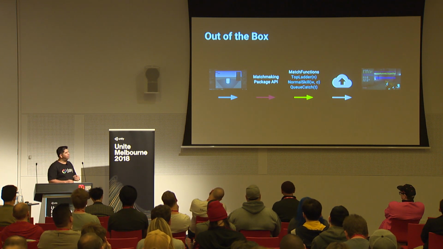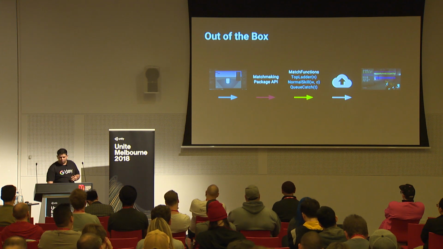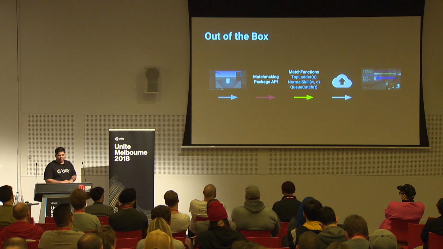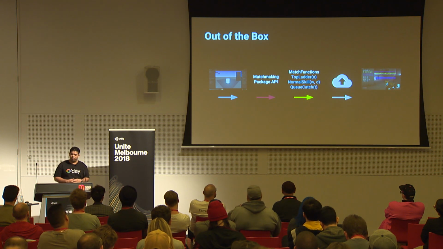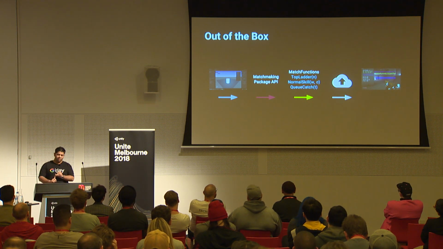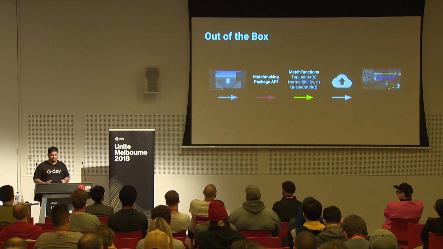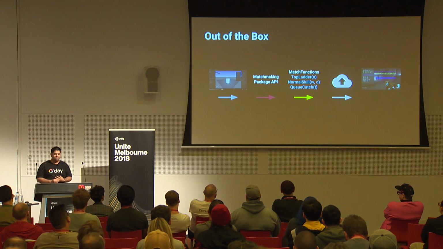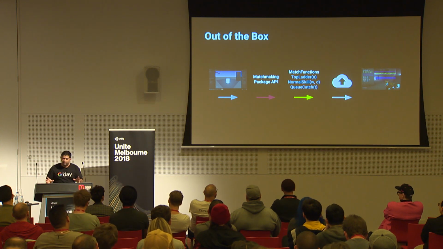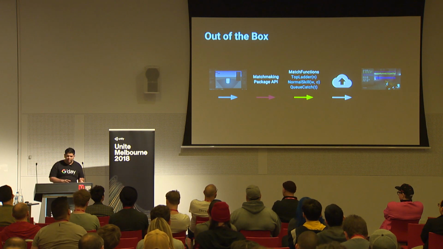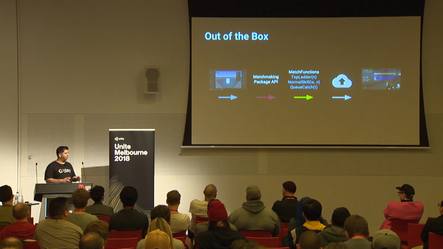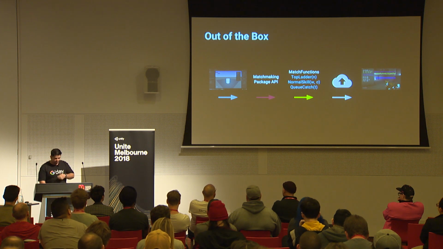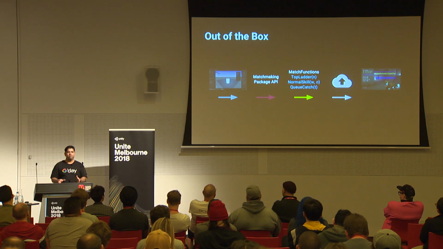When it comes to take this live and take it to a small audience, what you're going to do is add the matchmaking package API, and then you add some simple callback requests for find match, I found a match, and update match information for that matchmaking. That's kind of it. That's kind of all the work that you have to do on the client side. The rest of the configuration, the rest of the tuning, and picking the type of match functions you're going to want to run, you're going to do all of that in the back end. And you'll be able to do all of this in the editor too.